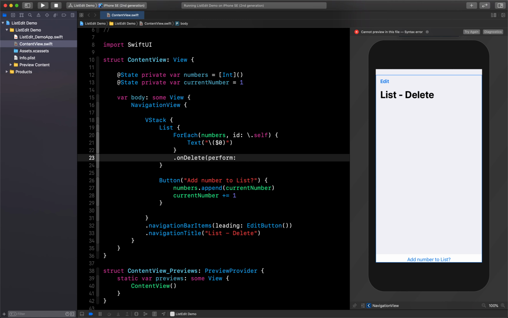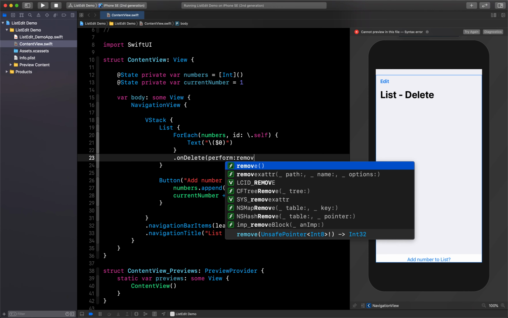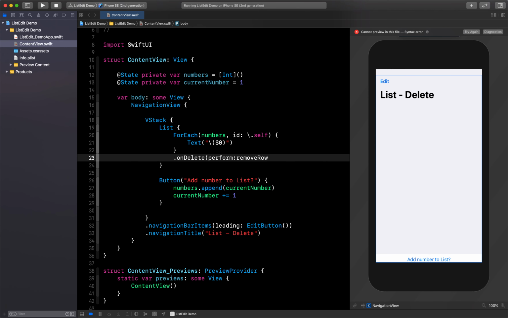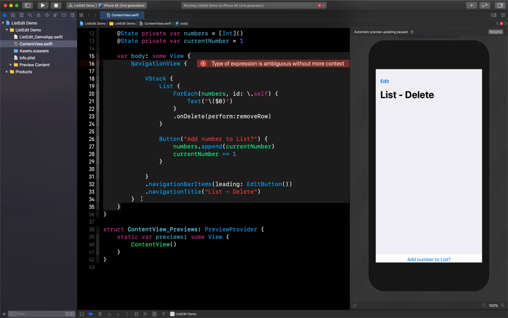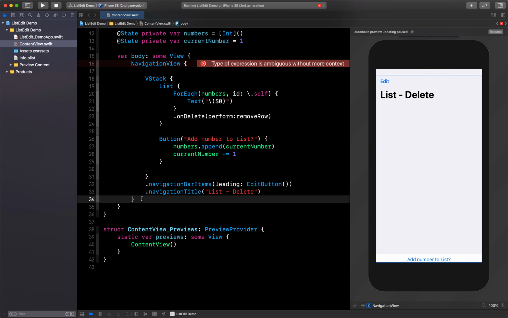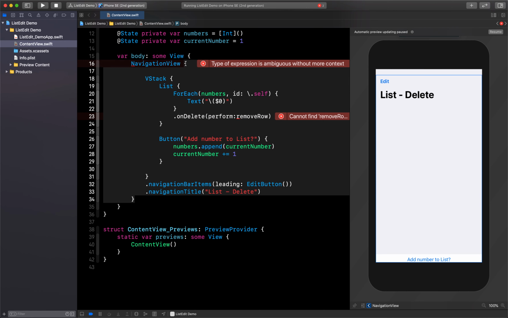Perform, and here I am going to call my own function, which is remove row. This function I have written here, and now I need to call this function. So let me write that function at the last after the navigation view.